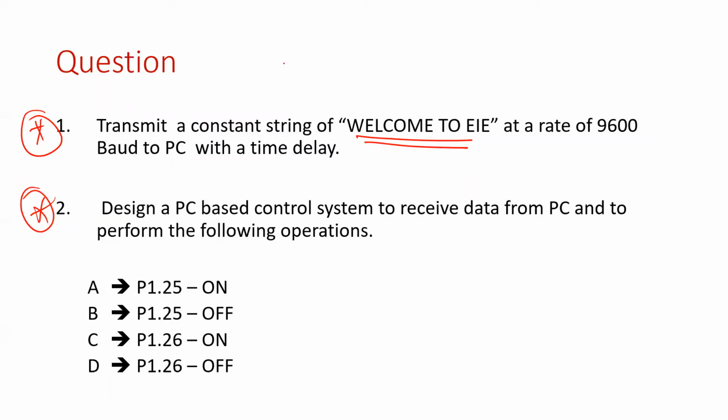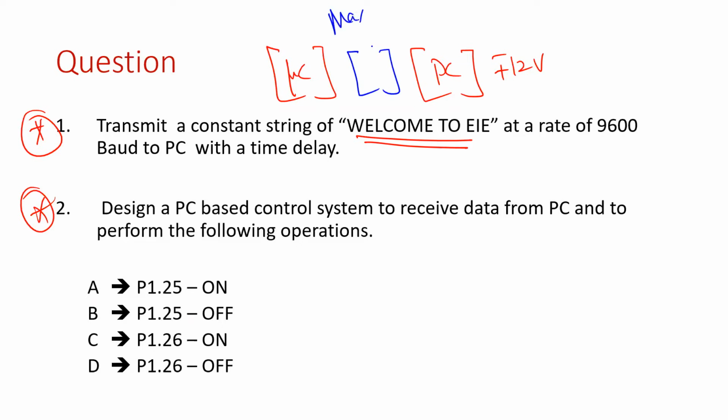When you are interfacing your LPC2148 with a computer, you need to use a serial transceiver IC, which I am not discussing here, because your LPC2148 is a 3.3 volt compatible device, while your PC is a plus or minus 12 volt compatible device when it comes to serial communication. In order to remove this incompatibility, you have to use a serial transceiver device. In this case, we use MAX3232, the SMD version of MAX232. It takes 3.3 volt on this side and converts to plus or minus 12 volt on the other side. So it takes care of the voltage issues in the serial communication, and the logic still remains the same for the computer as well.